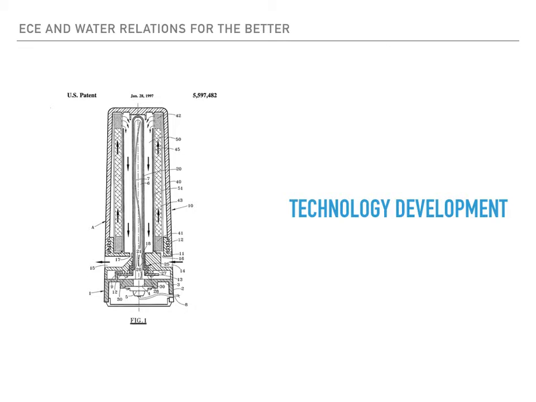My next part of my paper focused on technology development. Technology development for water, dealing with electricity as well, has been growing, according to this picture, since 1997 by Sally Malone. She created a water purifier using ultraviolet light, which is what the picture shows, her exact model and her patent on the device itself.